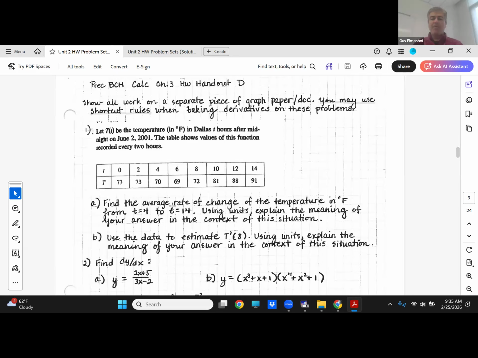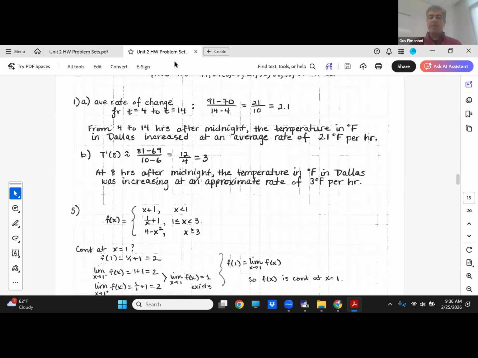And by the way, how do we know if this is linear or some other type of equation you use to model? Maybe you use a quadratic model or something else. We don't know, right? But don't worry about it because all you're trying to do is estimate T prime of 8. So you already know the y values at 6 and 10. So why should we choose 6 and 10? Because 6 and 10 are symmetric, right? They're on equal but opposite directions of 8. So you're doing something called a symmetric difference quotient, like the calculator does when it calculates the derivative. Of course, the calculator goes 0.001 to the left and to the right. We're going 2 left and 2 right. That's a very crude approximation, but it's good enough because